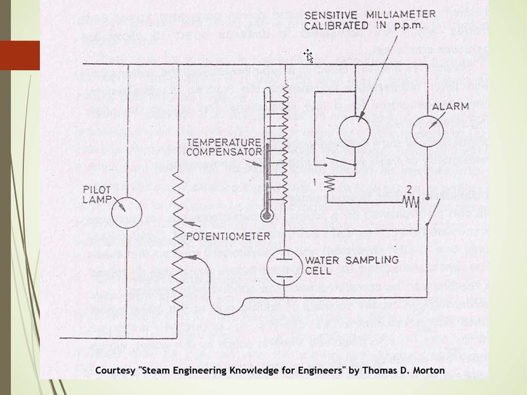The salinometer is mainly used on board in a freshwater generator and in the boiler to know the amount of salt content. It will be in parts per million, ppm. In the case of the freshwater generator, it will be displayed on the local panel, and in the case of the boiler, it will be displayed on the local panel as well as the ECR.